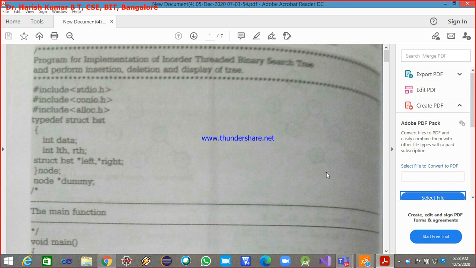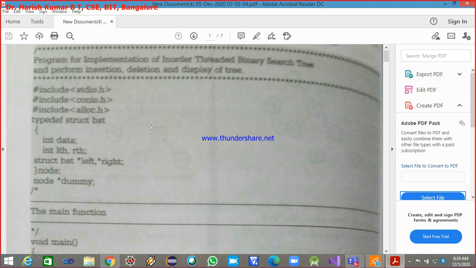We'll go for understanding the implementation of the threaded binary tree. Program for implementation of in-order threaded binary tree and perform these operations: insertion, deletion and display of the tree. So this is the implementation we're going to discuss now. You don't have a lab program on this, there is no lab program on this, but this is the implementation